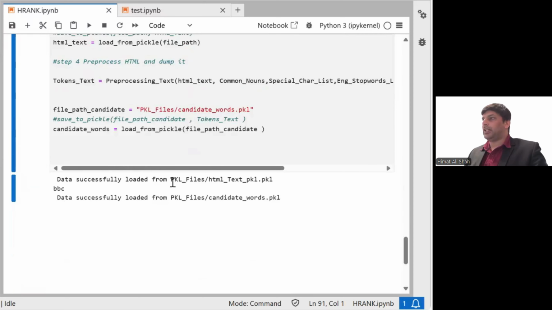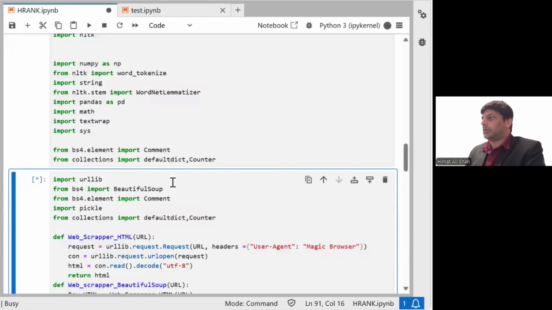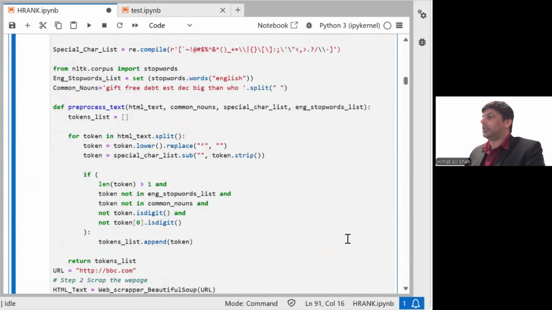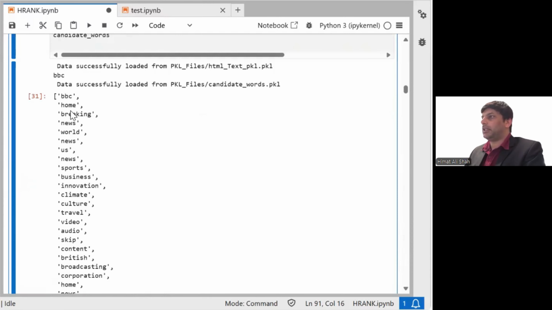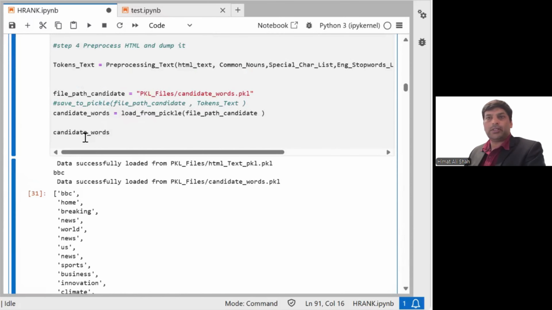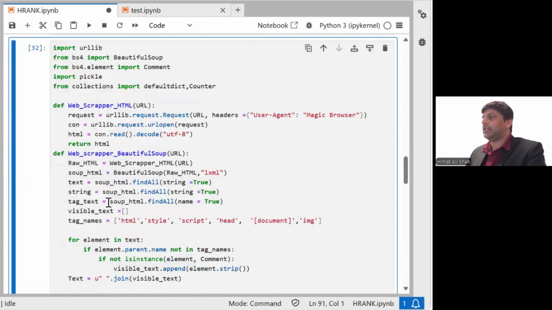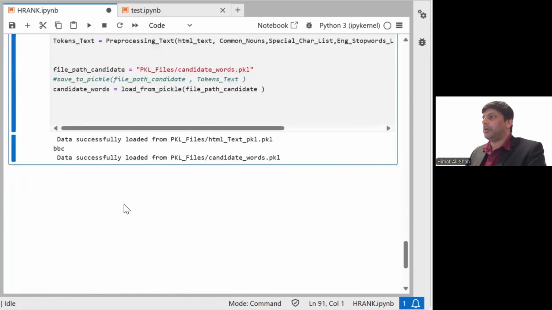Last time we just saved the candidate words as a pickle file. Let's see what the candidate words were. In part 3 we learned about the candidate words. The candidate words are the words that are becoming possible keywords for the web pages. So in this video, we will learn